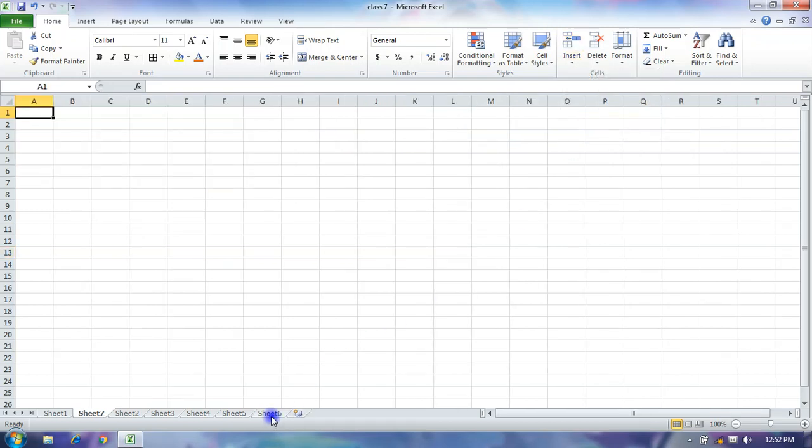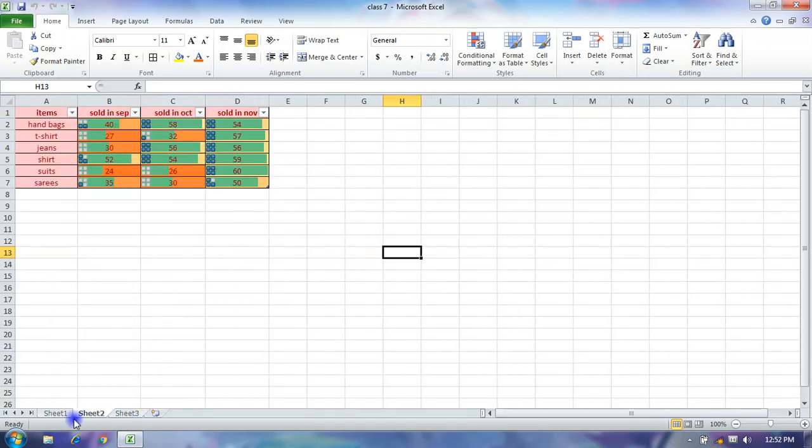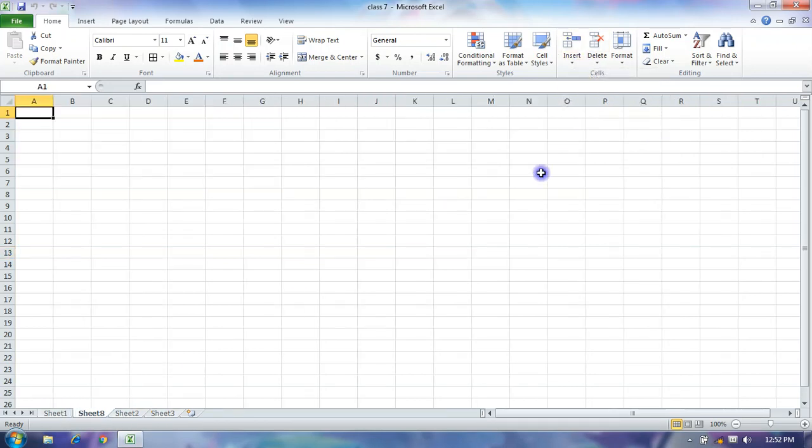Again we delete sheets from here. Okay, there are three sheets. You can insert sheets from here, like this is Sheet 8 because we already inserted Sheet 7.